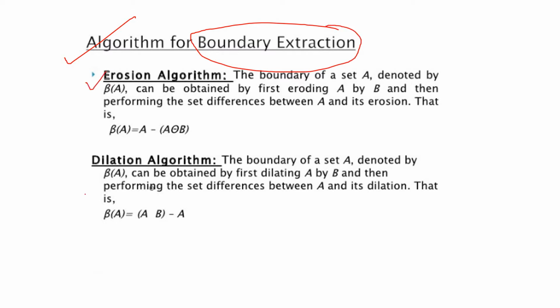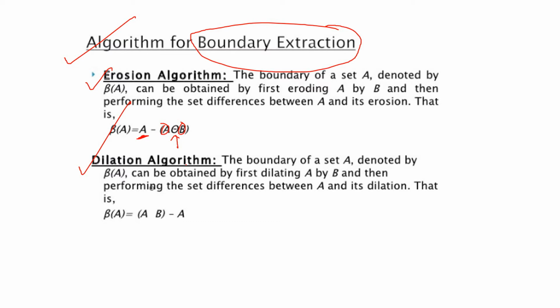So erosion and dilation techniques, we have seen how we can use those for boundary extraction. The idea is very simple. In case of erosion, we take our structuring element, that is B, and the original image, and then we perform erosion on that. As a result there is overall shrinking of our original object or foreground white part, and then we subtract the eroded form from our original image A, and as a result we get our boundary part. The MATLAB code also I have shown you.